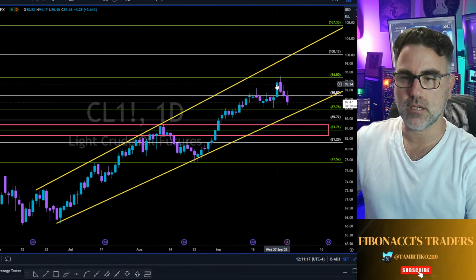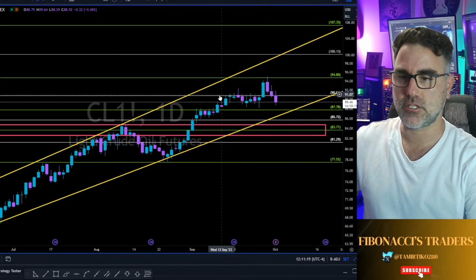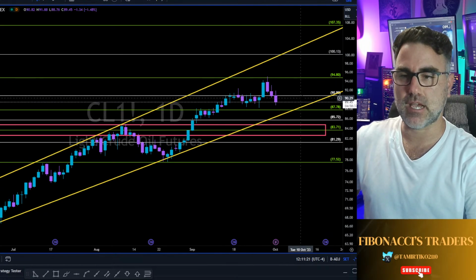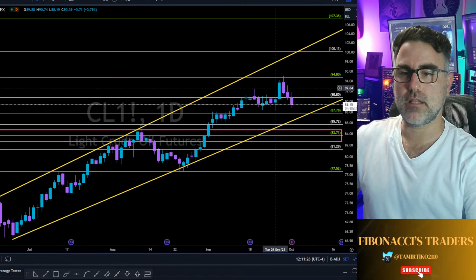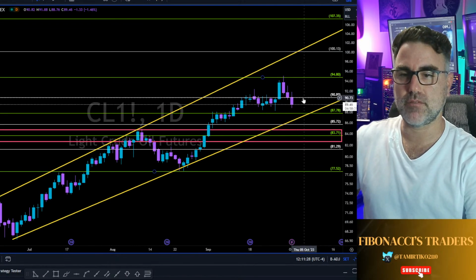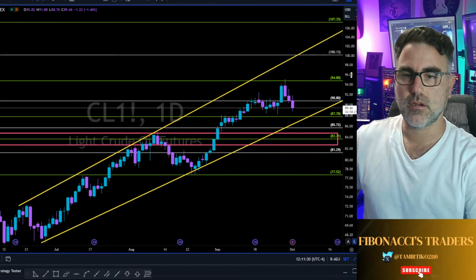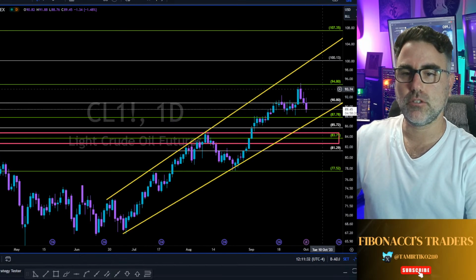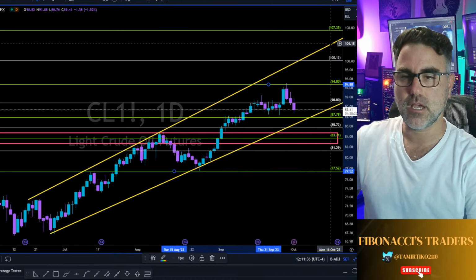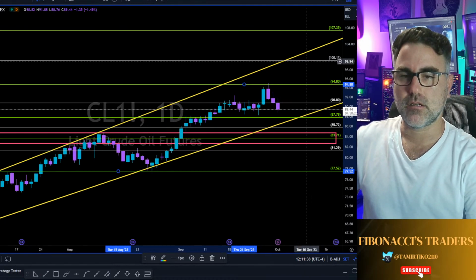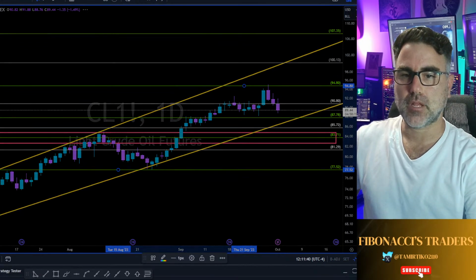Because 1 day, as we got here, does not change the overall sentiment of a sideways move. For now, it's sideways. So we need at least 2 days above the 90.8, and then we can rejoin the long towards 94.80. Above 94.80, we're heading towards this yellow trend line at the 100 area. Natural gas,